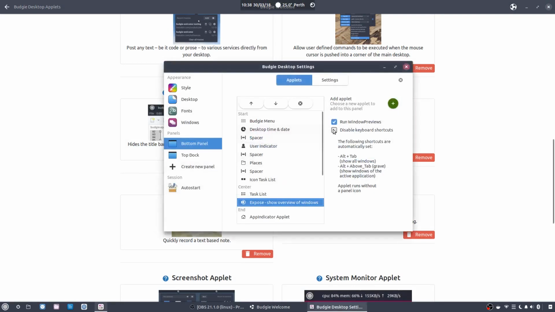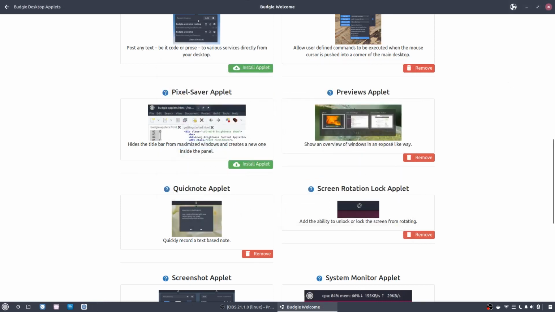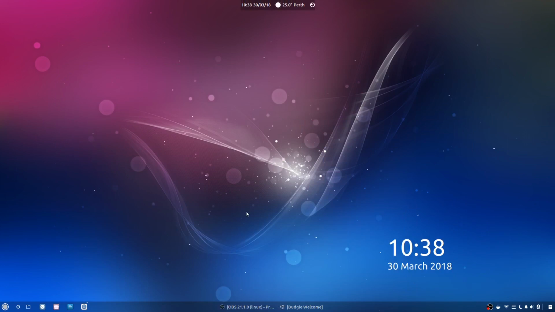Desktop settings, that's that one. That's fine. And that's pretty much it. That's how I have it set up, and I've got those few little things up top there and most of the things down the bottom. This one I will remove. I'll just run with the icons task list that I like that set up, and I may keep this one,